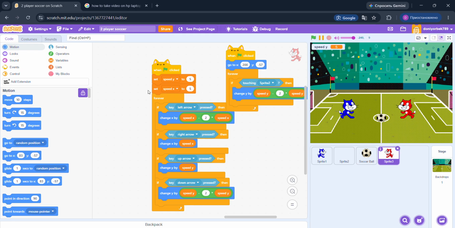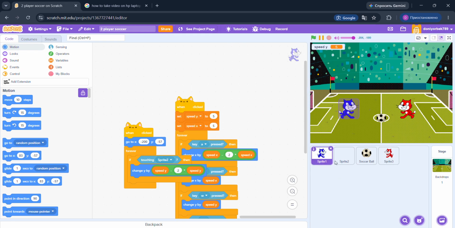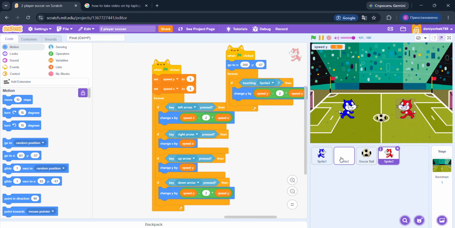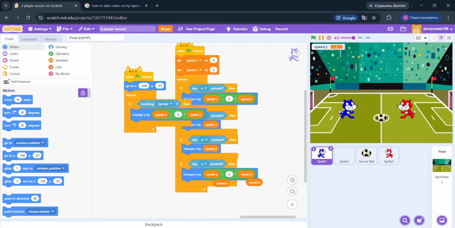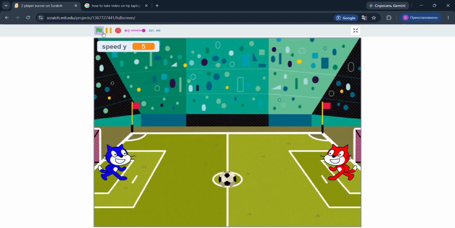Today we create a football game. How to cut and how it works. That is our case to operate the red player.